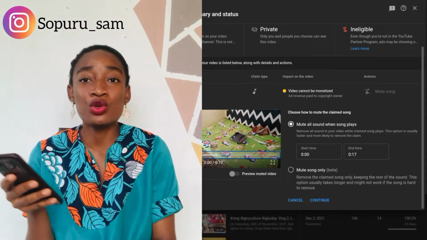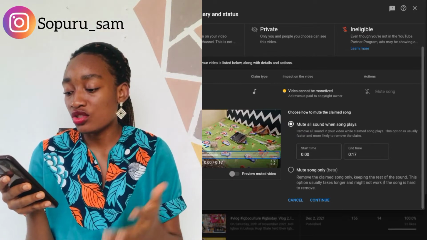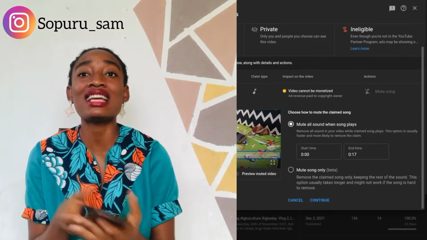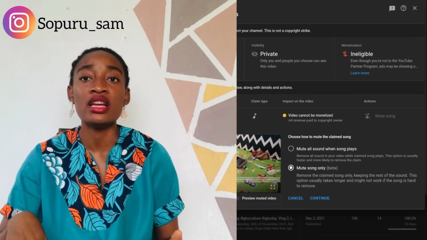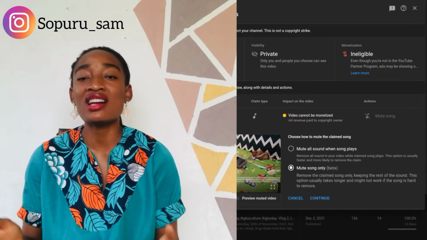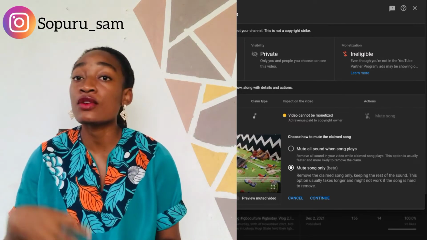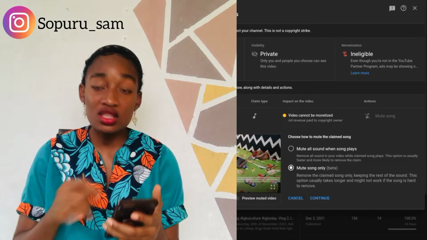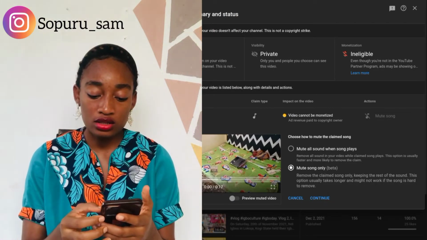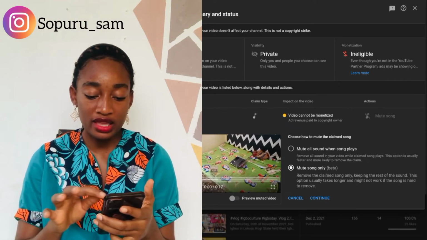Sometimes I just mute the song. So you can decide to choose the option of muting the song, then allowing the sound in the video to play, especially when it's a part that doesn't necessarily need a song, and then maybe a song just entered, so it's just for you to mute the song. So this is the option that is open under this part of the repair that you can do.